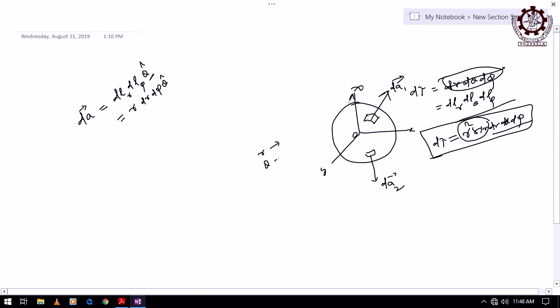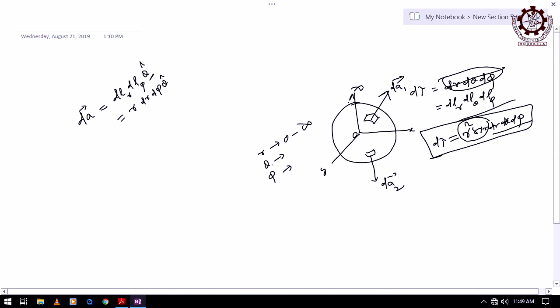Now the question is, suppose there is a point: r changes from where, theta changes from where to where, and phi changes from where to where. That is very important in spherical polar coordinates. You should know r has a minimum value and a maximum value, theta has a minimum and maximum value, and phi has a minimum and maximum value. The range is important. What should be the value of r first? R can go to a minimum value 0, a point, but it can spread anywhere. If it is anywhere, then obviously it is from 0 to infinity, right.